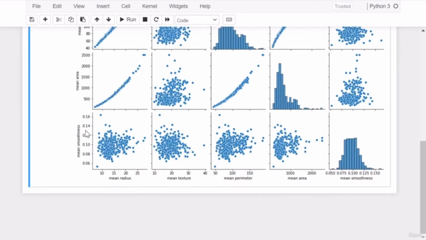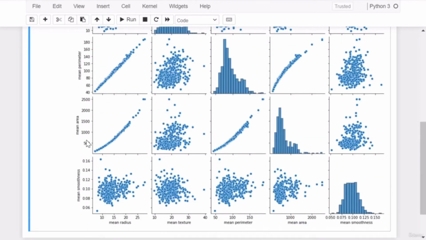So as you can see, mean radius and mean smoothness don't show any particular correlation. You see this is a blob without any particular shape. But if we take a look at the mean perimeter and the mean area, we see a strong correlation. As mean perimeter increases, mean area increases as well. The same applies here with mean radius and mean perimeter, in which we have a very strong linear correlation,